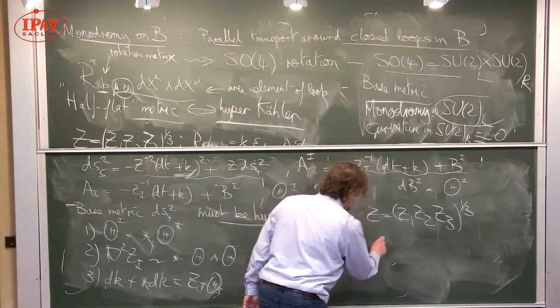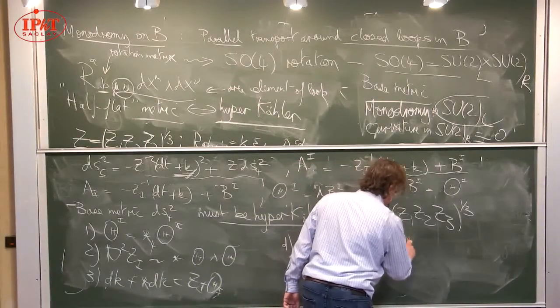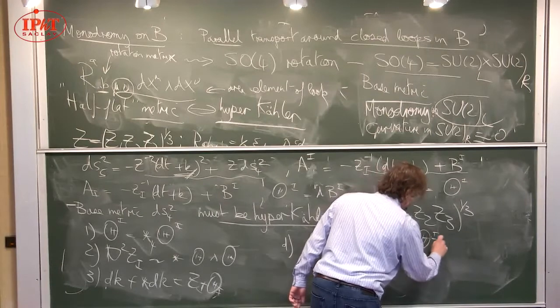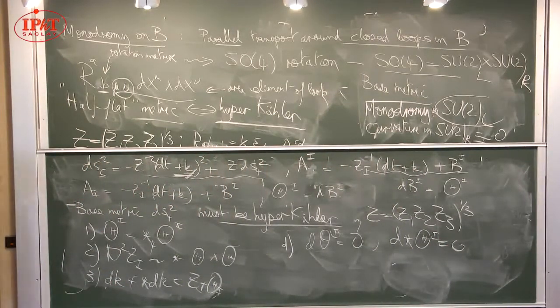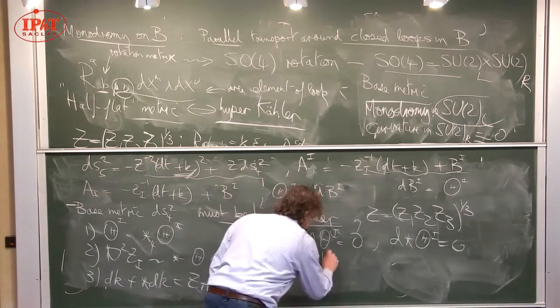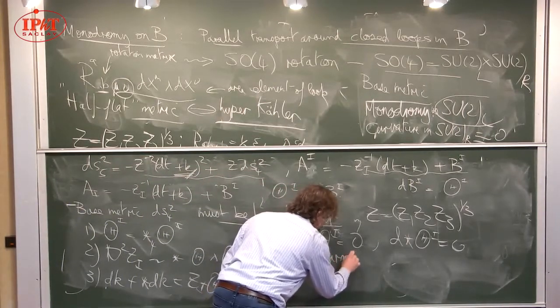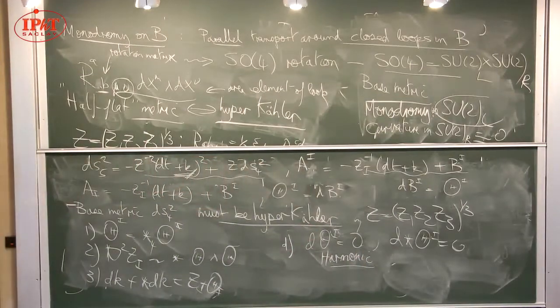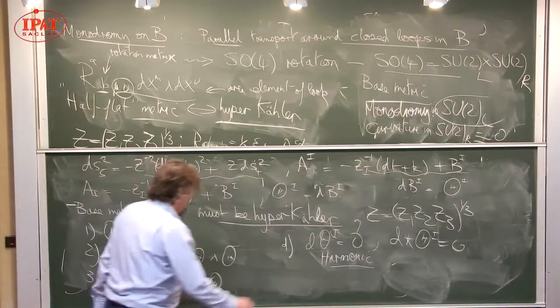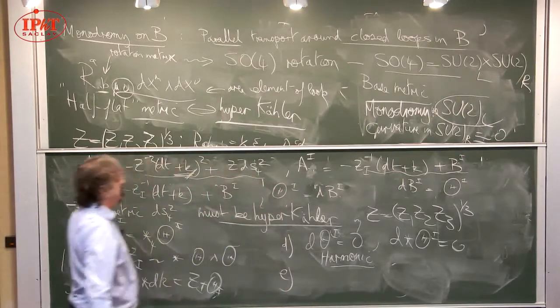Is equal to 0. But it's self-dual, so therefore d star theta I is equal to 0. That means that theta has got to be cohomological. It's harmonic, if it's going to be smooth, that is. It satisfies d theta is 0 and d star theta is 0. And the last thing I want to observe is that